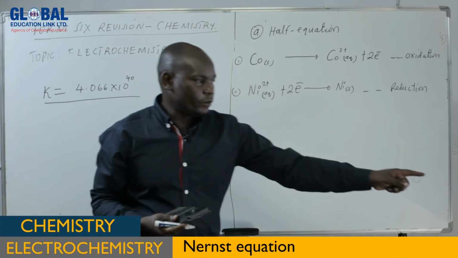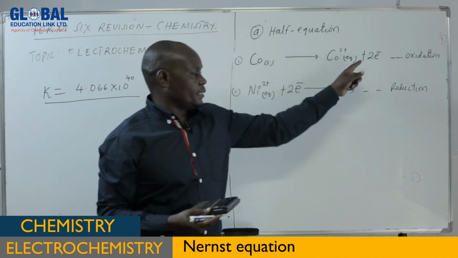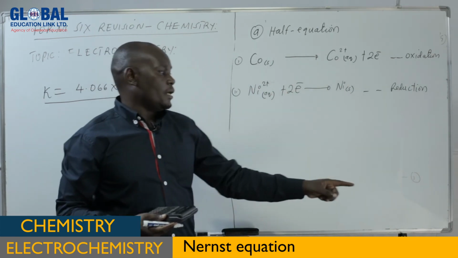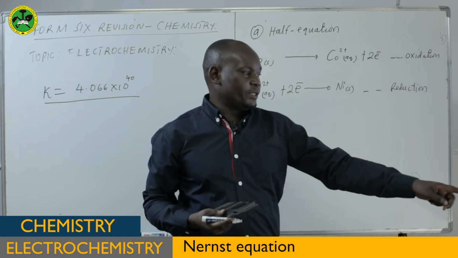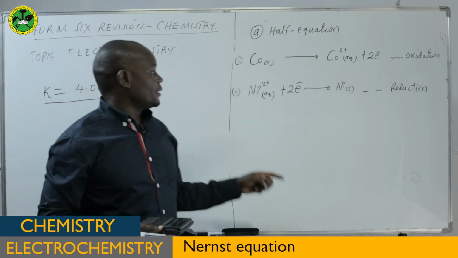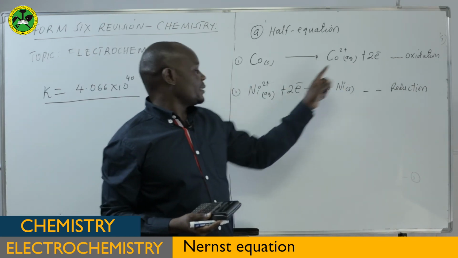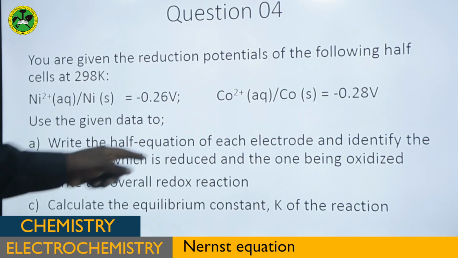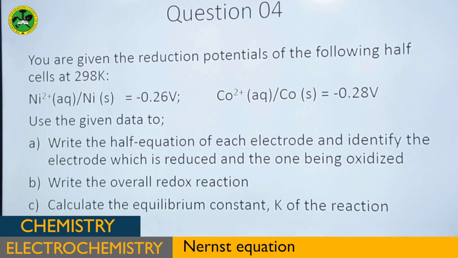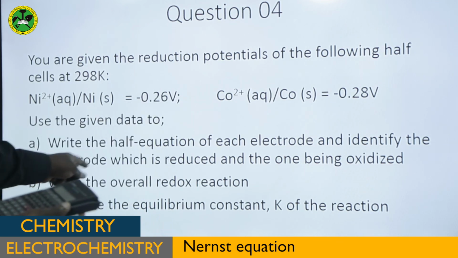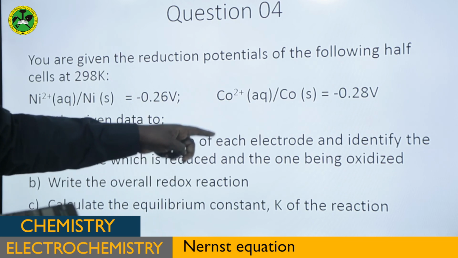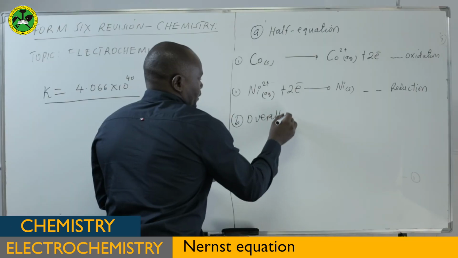So write the half equation of each electrode. So we have written the half equation of each electrode, and also identified the electrode which is reduced and the one which is being oxidized. So this electrode is being oxidized and this electrode has been reduced. And the second part, you have been asked to write the overall redox reaction. So B, the overall redox